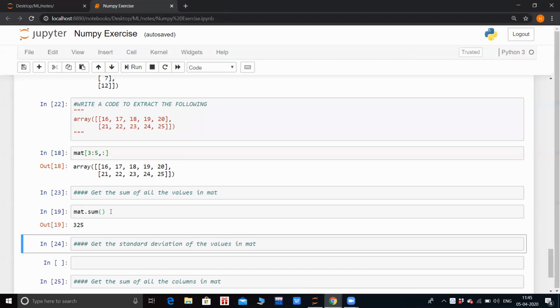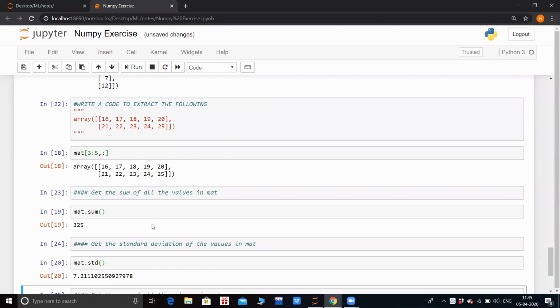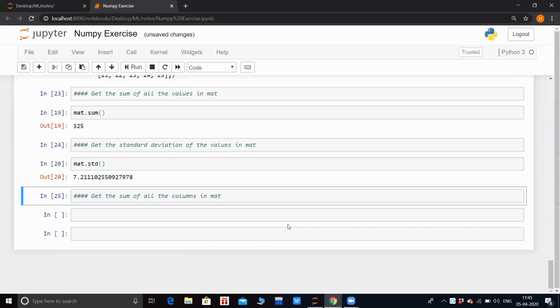Then now if you want standard deviation of all values, again, you have a built-in way for that. You don't need to use any formula. Just mention STD. STD is for standard deviation. Just pass round brackets. You can see you get the standard deviation value. And the last thing,